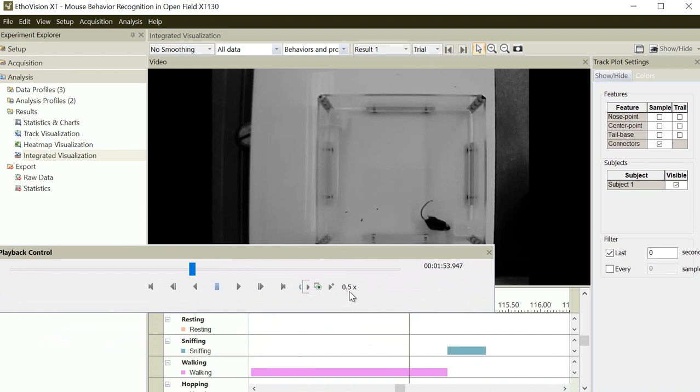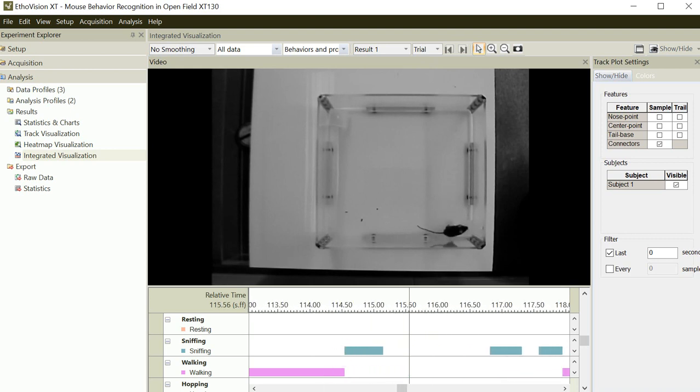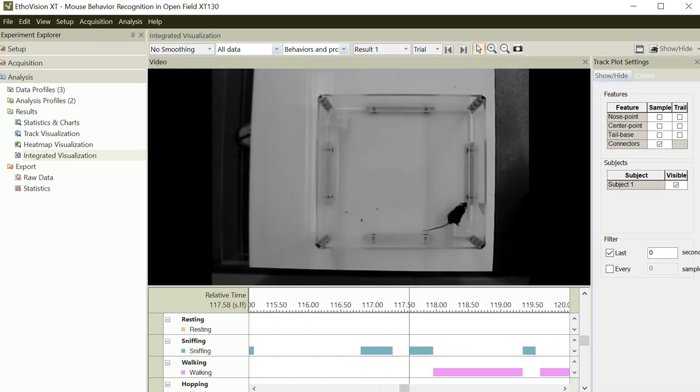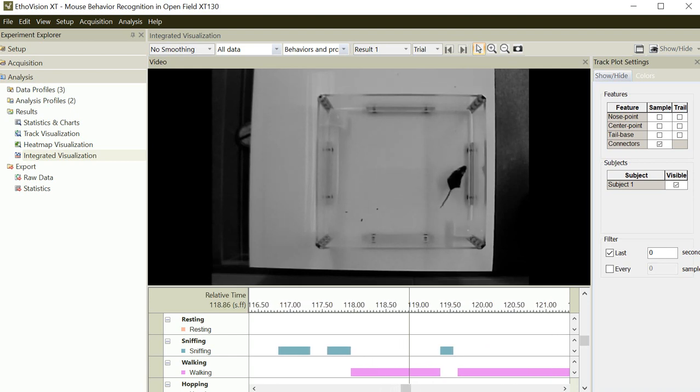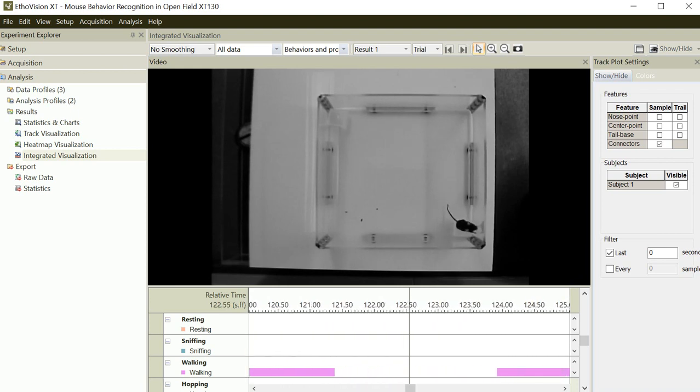So this is 0.5, half speed of the playback, and let's try. Even at half speed, it is quite difficult to watch if he is really sniffing. Okay, let's try to replay. And sniffing again, and sniffing, and sniffing again. So now you can see that the system is detecting those behaviors quite accurately, and this pink